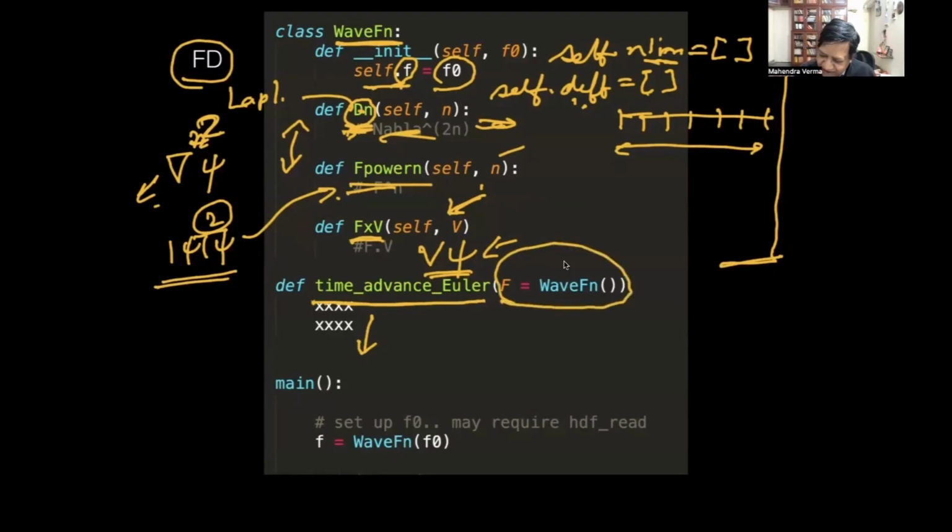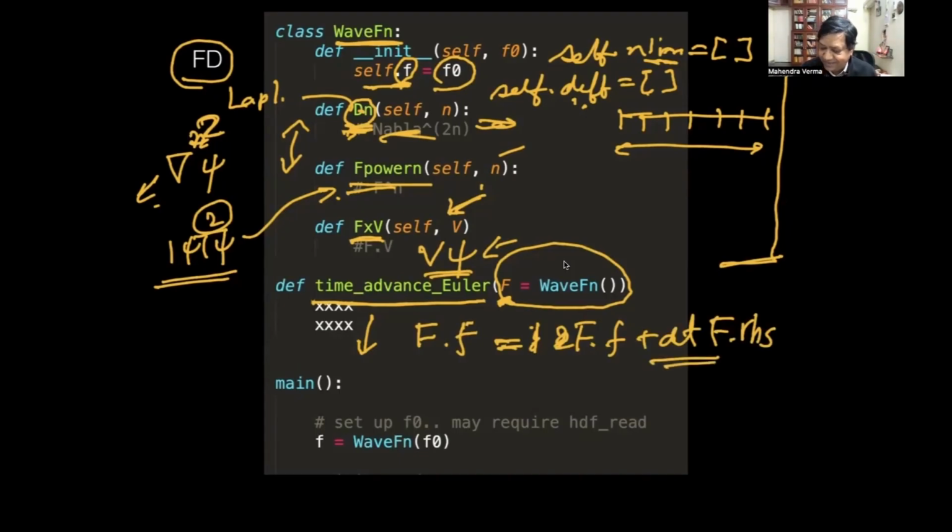F is the wave function, so the wave function class. I say this is the argument. F will be the name of the class object. F is the object. So why do I do it? Well, inside that I can say F.F. This is calling that array, which will be incremented. I want to multiply this by the number 2. So F.F will be multiplied by 2. Well, I basically need F.F plus dt times RHS, if there's an RHS variable inside. So this will be an Euler time step.